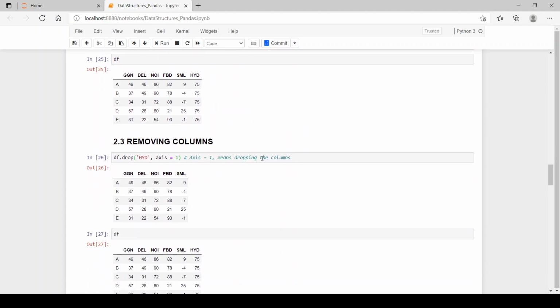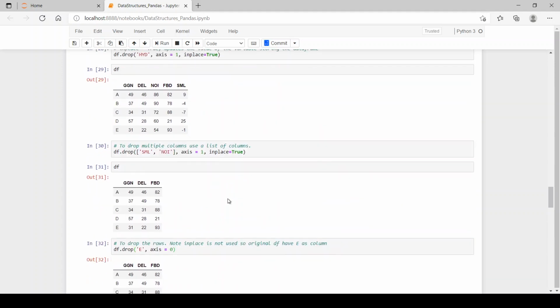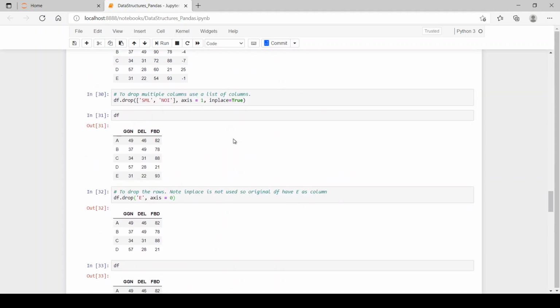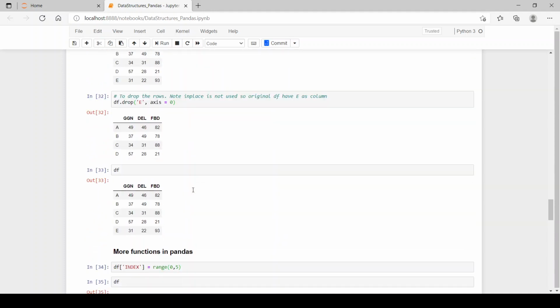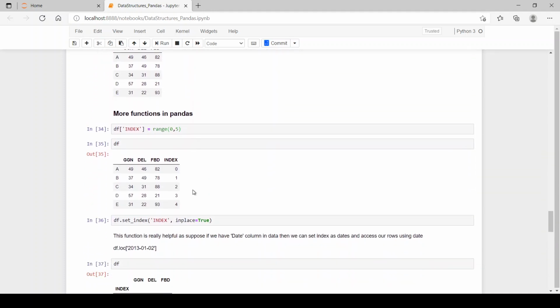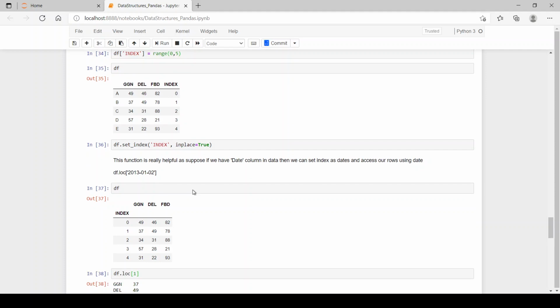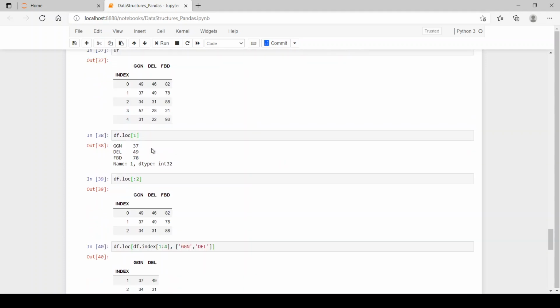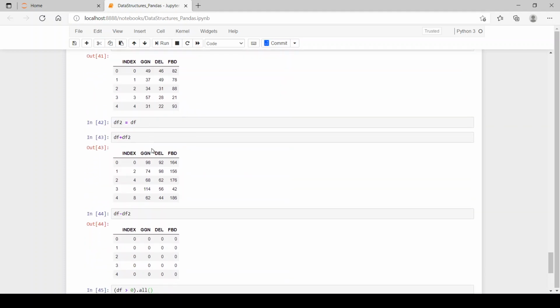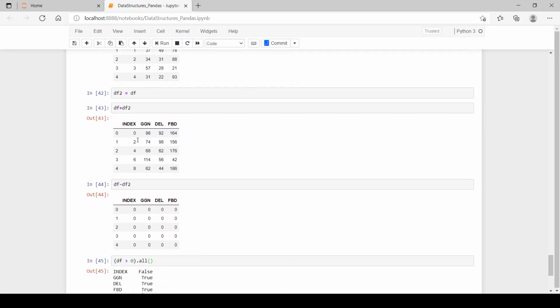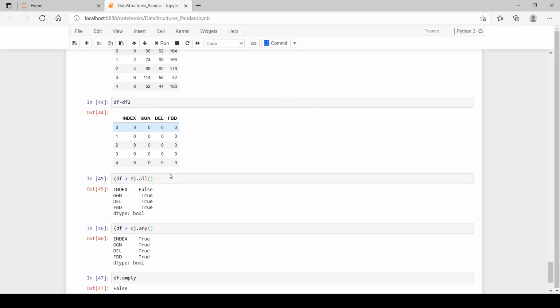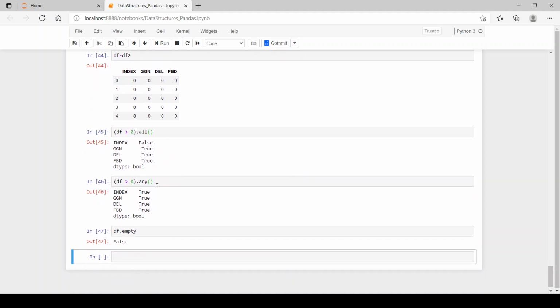We have also seen how we can remove columns from our data frame and what inplace and axis are. And we have also seen more functions like how we can set the index, how we can reset our index, and how we can perform arithmetic operations like addition and subtraction on data frames, and what the .all, .any and empty functions of a data frame are.